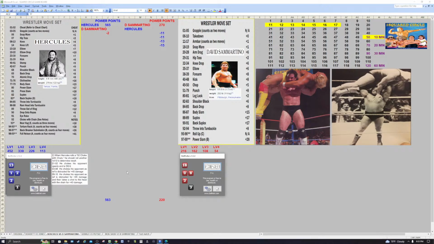Once again, Sammartino trying to cut off the oxygen to the brain of Hercules Hernandez, but not much damage will be done there. You can see the 6 through 10. It goes off the single die here, and it's only 3 damage. Sammartino needs to come up with a better offensive game plan here, but he's trying to slow the match down. You can see David trying to slow the match down and regroup. Hercules Hernandez not allowing Sammartino to regroup, gets back to his feet,